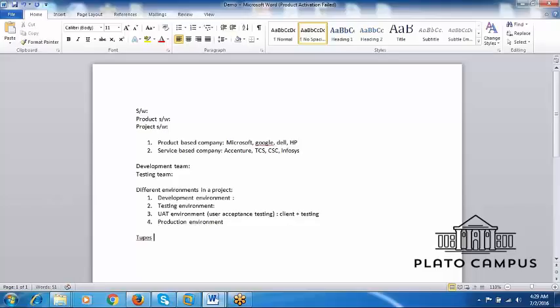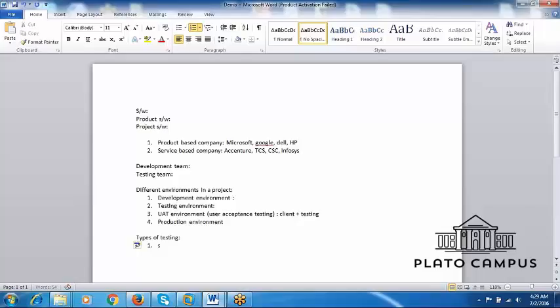Now coming to types of testing. Altogether we have 26 different types of testings available. What are they?